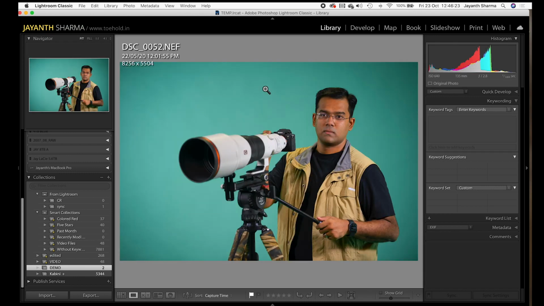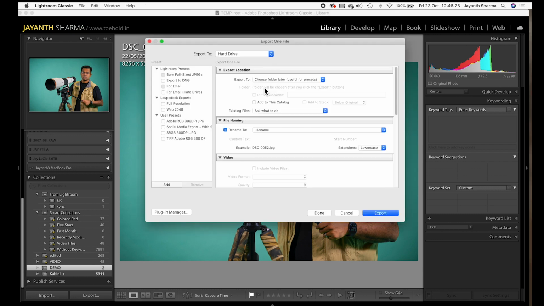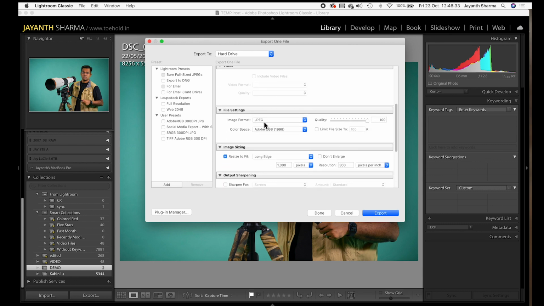Let's say we open this raw file and we go to export. We usually select a JPEG or a TIFF for an export. In this case, let's say we have selected JPEG, and I'm sure you guys know about the color profiles, Adobe RGB and sRGB. I'm not going to resize this image. If I export it as a JPEG, it is going to export it at a resolution which is 1:1, which means if I'm using a 45 megapixel camera, it will export it to 8256 by 5000 something, which is the actual size of the camera's sensor or the megapixels.